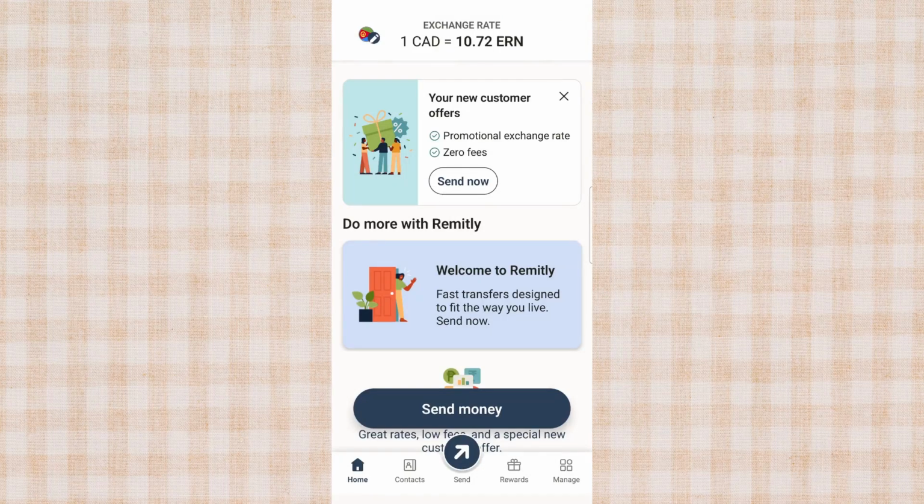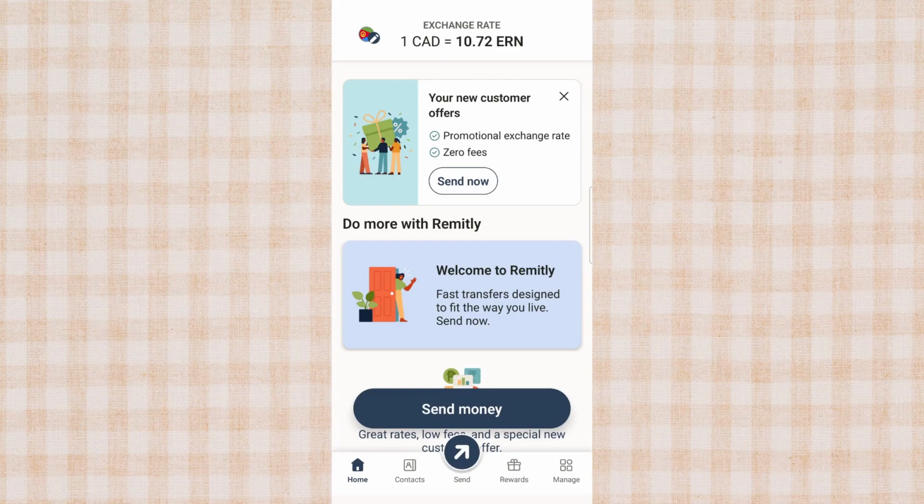In today's video, I'm going to teach you how to link a bank account to Remitly. To get started, open your Remitly account and make sure you're fully signed in. If you haven't logged in yet, go ahead and do that first so you can access your account settings without interruption. Once you're on the main screen, take a moment to make sure the app or website has fully loaded, because that will make it easy to find the options you need.